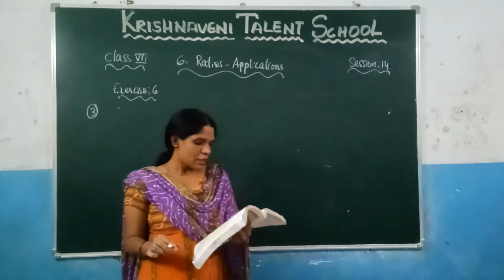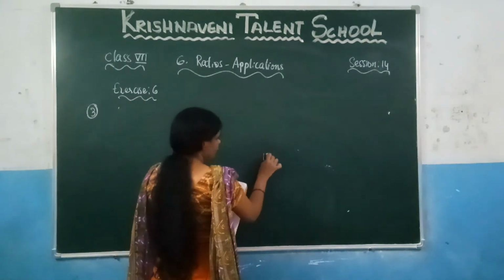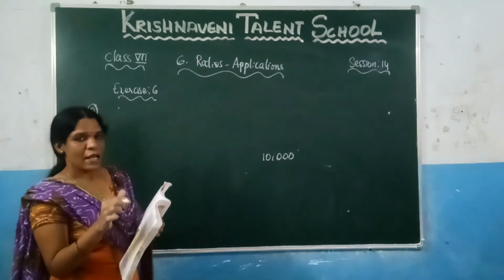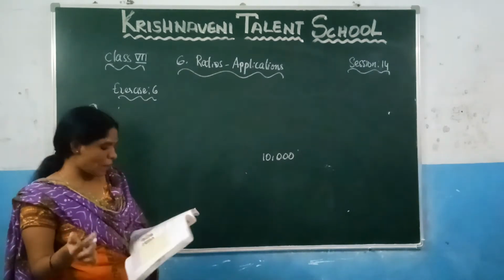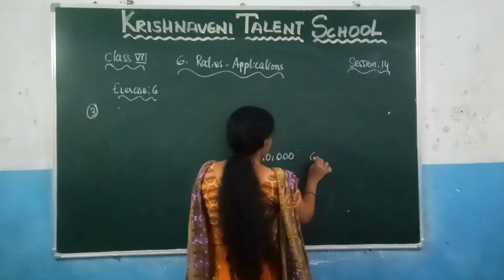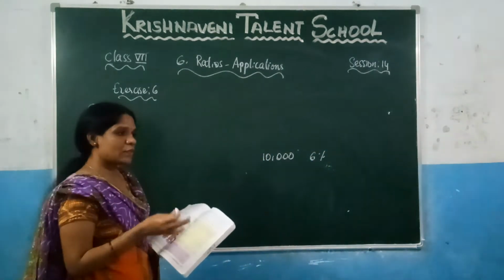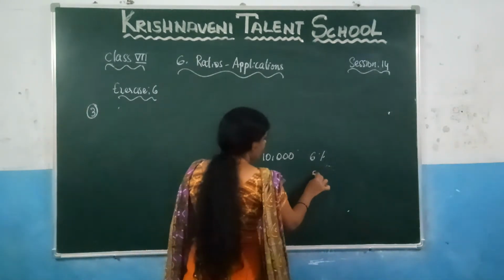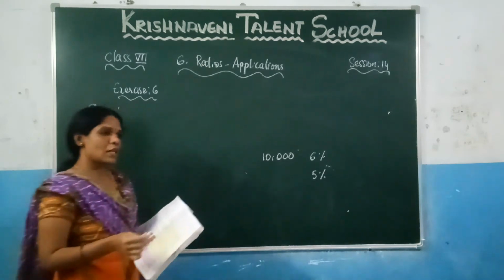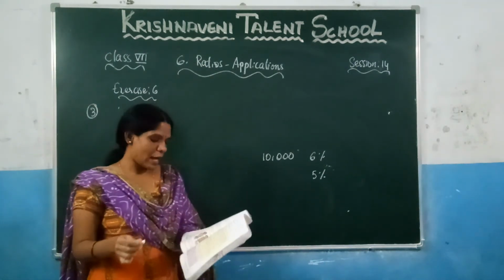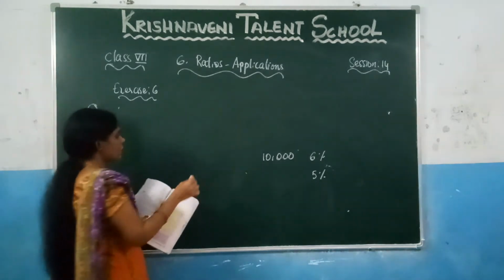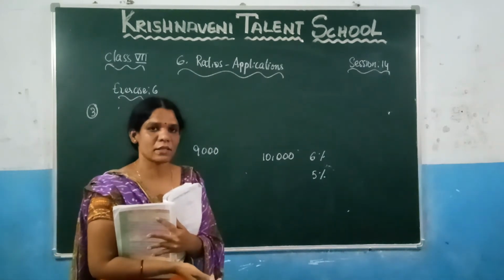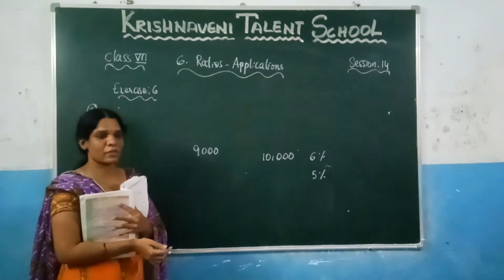Suppose the children's savings crossed 10,000. If suppose all the children collected 10,000 rupees and they have deposited in the bank, then the bank will pay an interest of 6%. Suppose if they collect money that is less than 10,000, then the bank will give you interest at 5%. Now all the children collected the money and the total money here they have given as 9,000. So what is the interest that is applicable here? That is the question they have given. So what is the question they have given here?